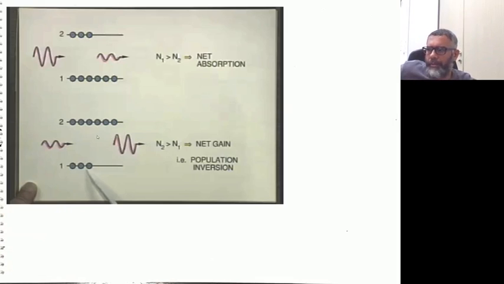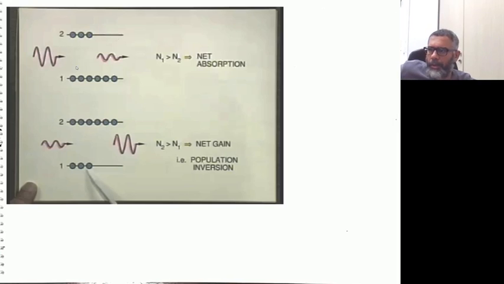You must have more atoms in the excited state compared to the atoms in the ground state. Otherwise, your system will act like an absorber. If you have some atoms in the excited level, but more atoms in the ground state level, and you send some light on this system,